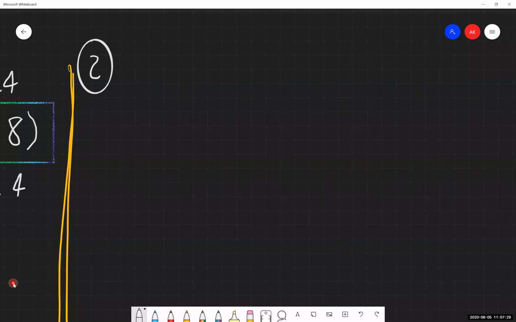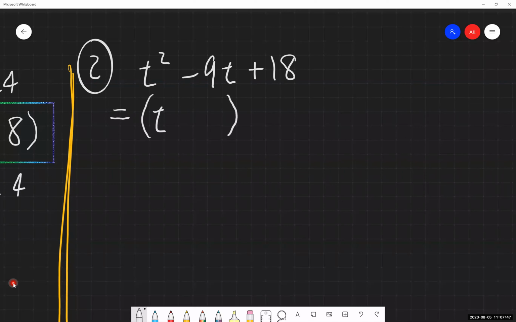So our second example has us being given t squared minus 9t plus 18. Just like we did with our previous problem, if we can factor this, let's write the general form of our answer. So it's t plus or minus something times t plus or minus something else. We have the general shell of our final answer written out for us. Great. We now want to correctly identify our B and our C value from this equation, again going back to our general form.